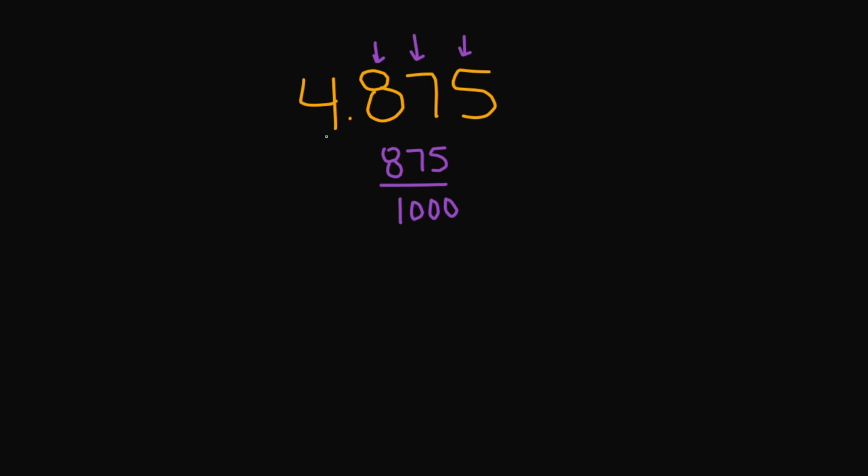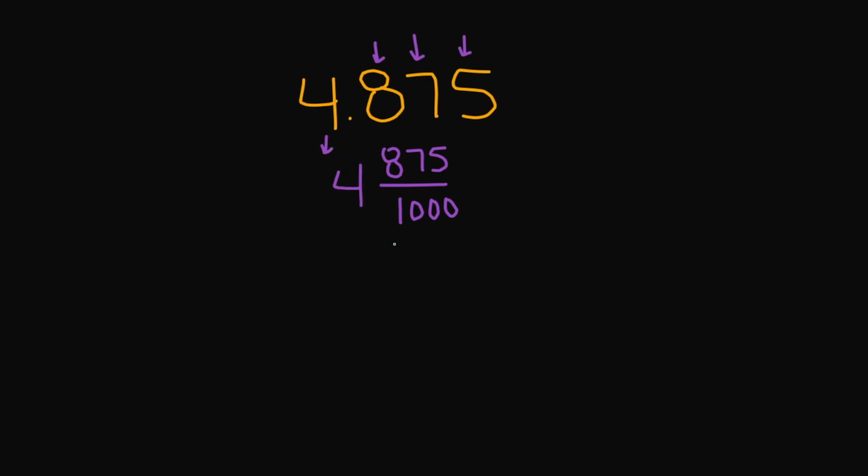Let's look at 4.875. How do I turn this into a mixed number? This is my tenths place, my hundredths place, and my thousandths place. So this is going to be 875 over 1,000. However, I'm going to bring my 4 down and include that in my final answer because it is in the